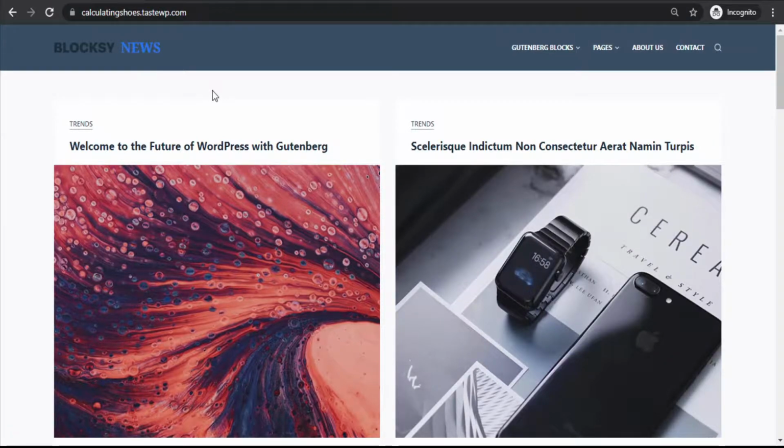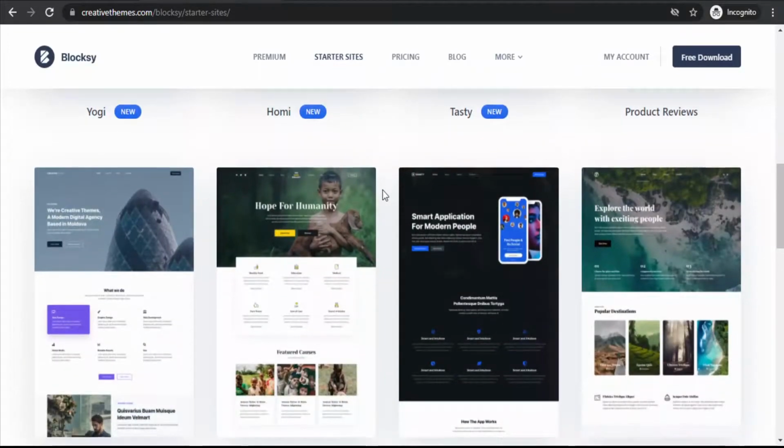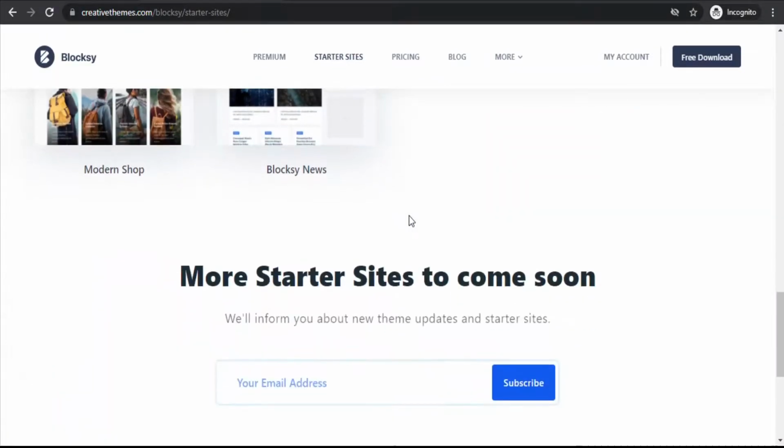But prior to that I'm gonna show you which is the exact site which we are gonna create in this tutorial. So basically, as you can see in the screen, this is the exact site which we are gonna create with the help of WordPress and a theme known as Blocksy theme. So Blocksy is basically one of the best and free WordPress theme provided by creativethemes.com. And why do I say best is because the amount of features and the amount of customization provided by this theme is really phenomenal, and I will show you about all the features of these themes later in the video.